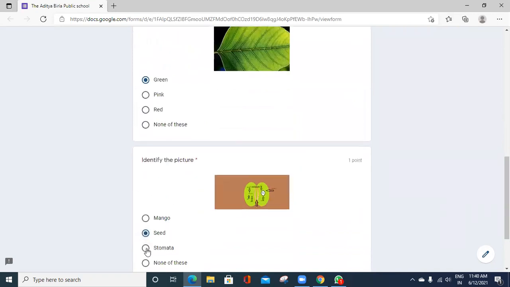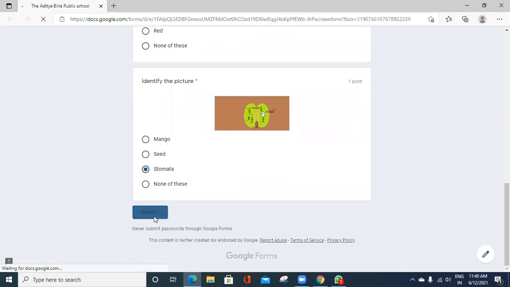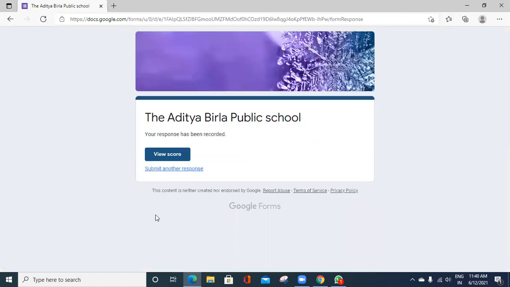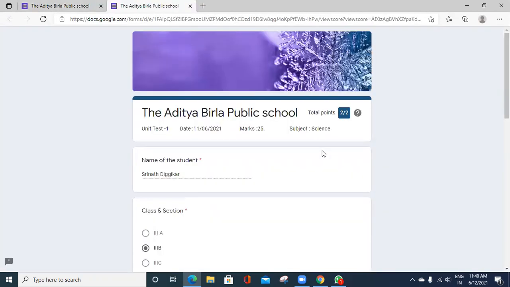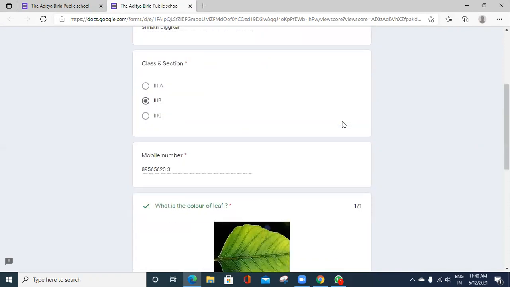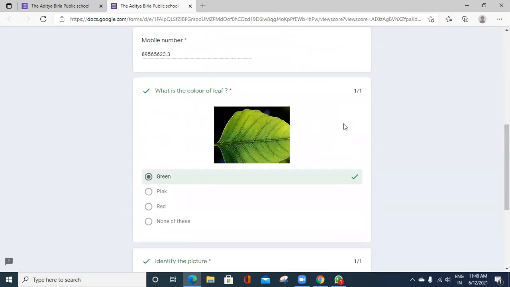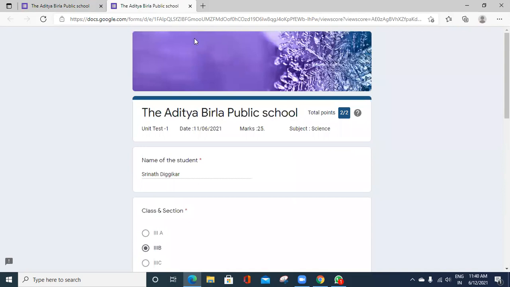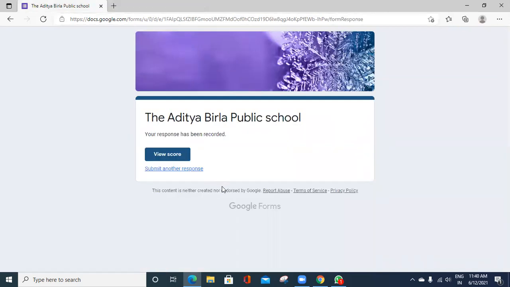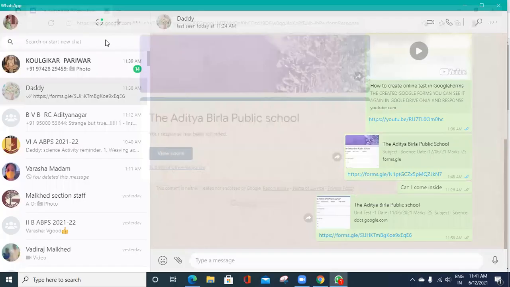If this is wrong, I can change the answer. Then submit. The child has submitted and he can see his score also. Now the child got 2 marks. Okay, so the child can see it like this. So this is about how to send the link, share the link, and how the child can see this one.